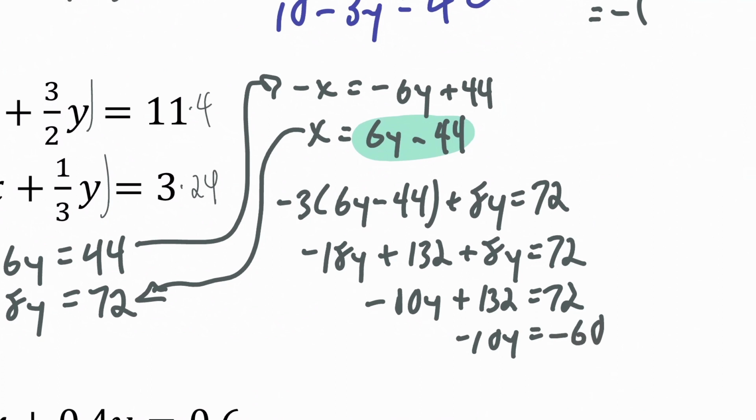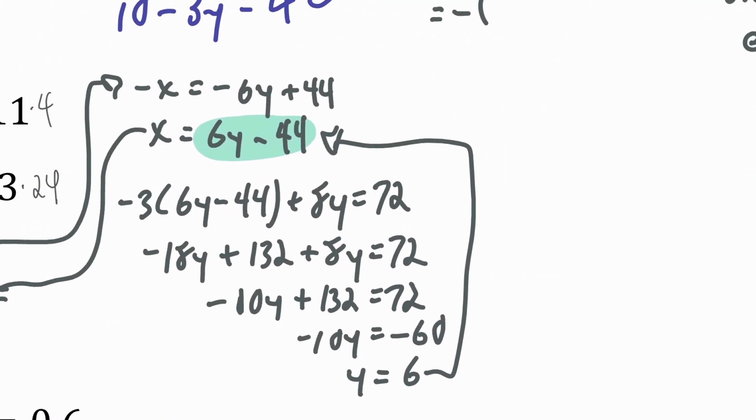equals negative 60. So I'm pretty confident this is correct, because this is going to come out to be a nice clean number, a whole number really. So then divide negative 10 on both sides, y equals 6. Okay. And then I can take this 6, the y equals 6, and go plug that back into here and get x